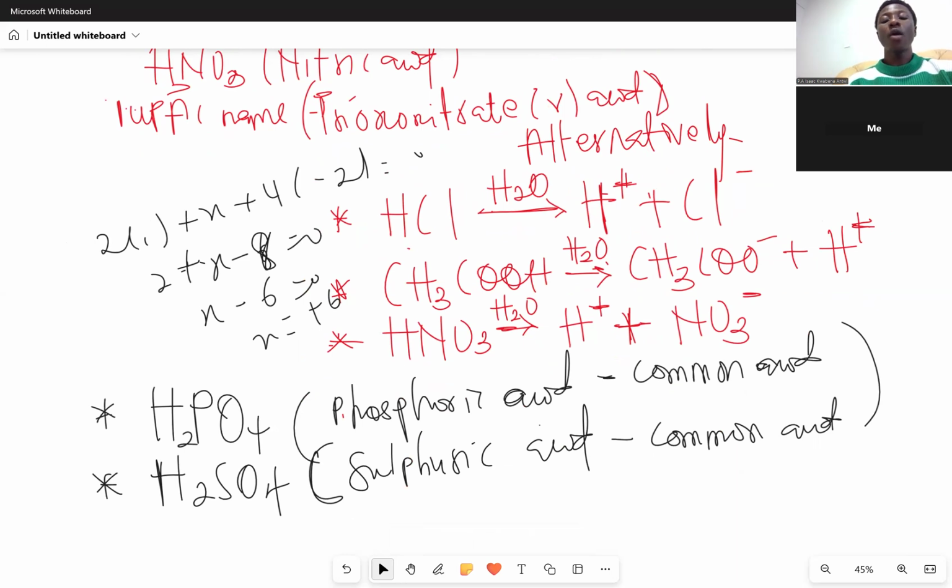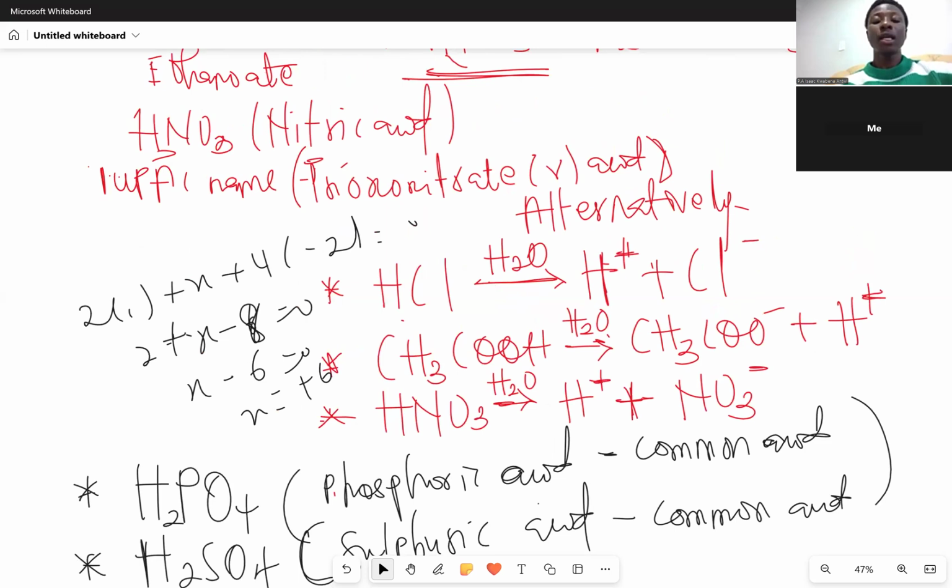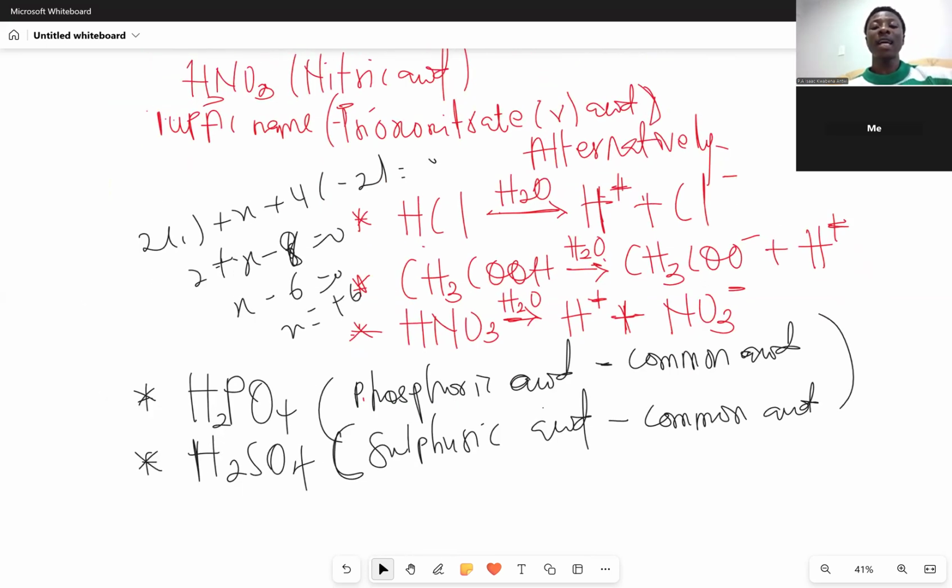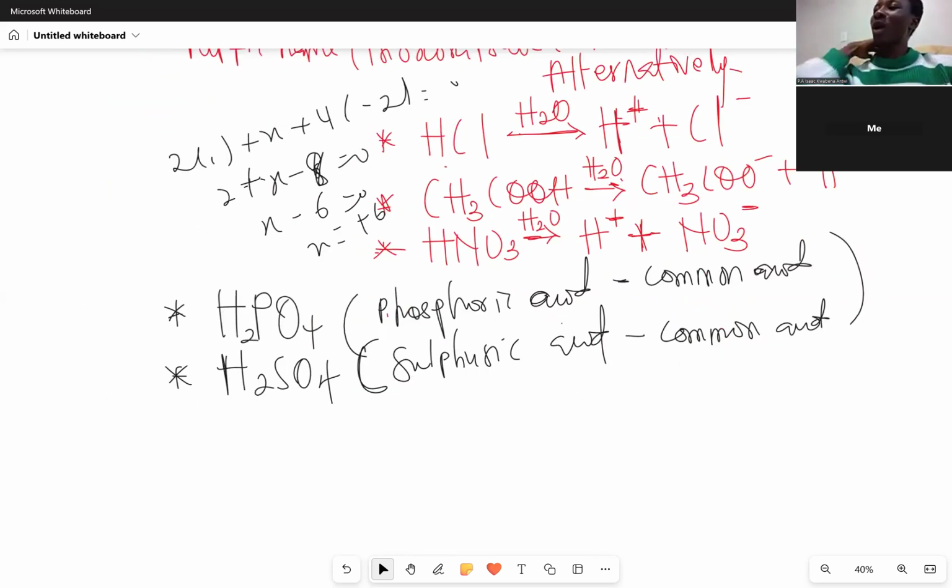Guys, so we're done with our Arrhenius acid. Can we move on? Did I get a yes? Yes. So in exam, if they say define acids, then you can choose one of the scientists and define the acids according to the scientist's definition or postulate. But sometimes they can specify, define Arrhenius acid. That means you have to define acids according to Arrhenius. I just felt I should let you know.